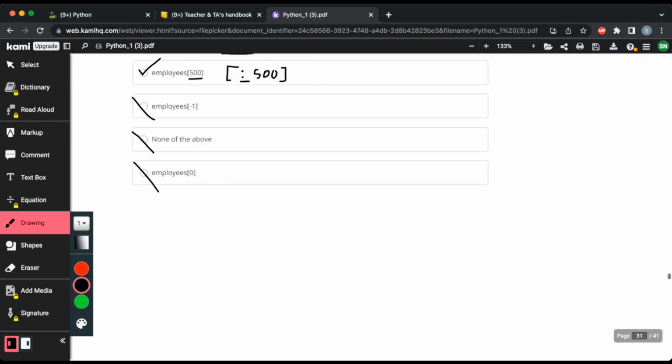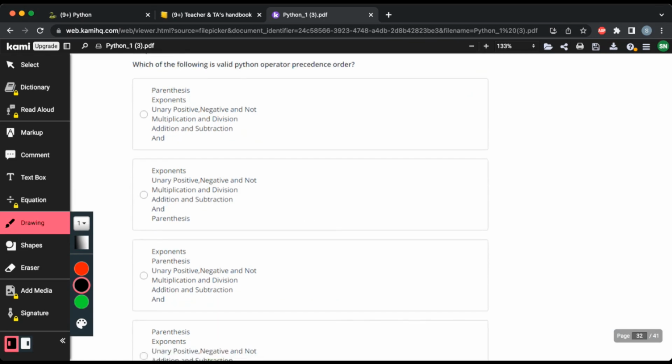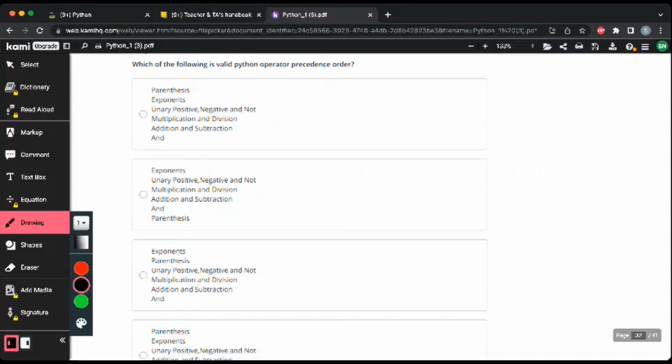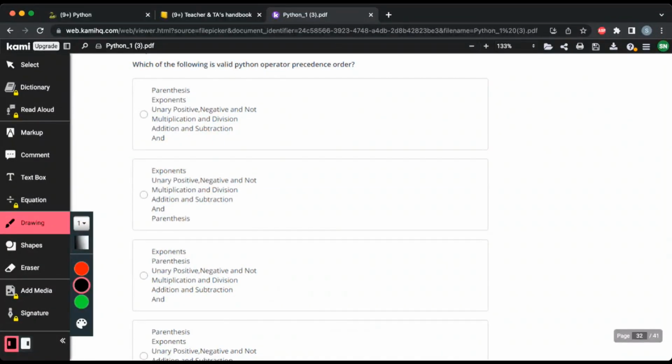Okay. 31. It says, which of the following is valid Python operator precedence order? So you want to see the order of operations, like how we do it. And so we can look at the first answer. And we see that it starts with parentheses, which is correct. So this one you kind of just need to memorize, but it starts with parentheses, which is correct, and then